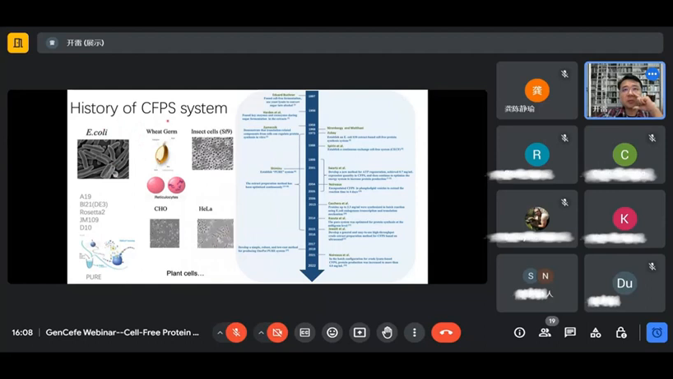coli, or can come from wheat germ or insect cells, or the frequently used rabbit reticulocytes, and also today there are several mammalian cell lines like CHO or HeLa, which are continuously growing. And of course, this also includes several customized cells that can carry out particular functions that are needed for a specific type of proteins. And in addition,